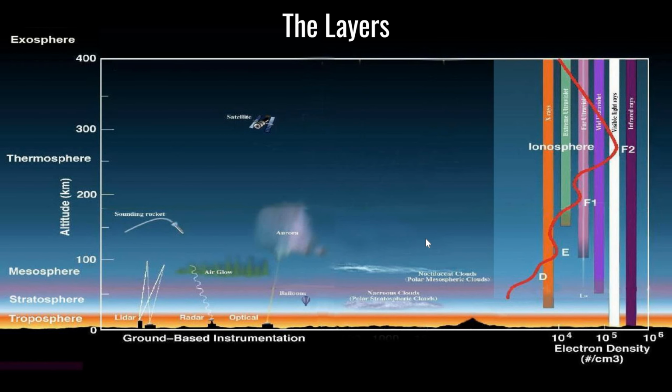So talking a little bit about the layers of the atmosphere. Beginning at the bottom, we have the troposphere. The troposphere is the lowest layer where most of the world's weather happens. And it's also the most turbulent layer as well. The air currents and the friction generated by the Earth's rotation create quite a lot of turbulence. Moving upwards, we have the stratosphere.